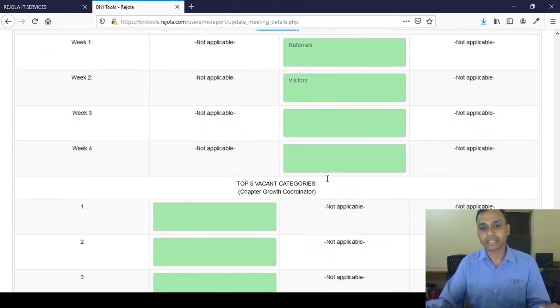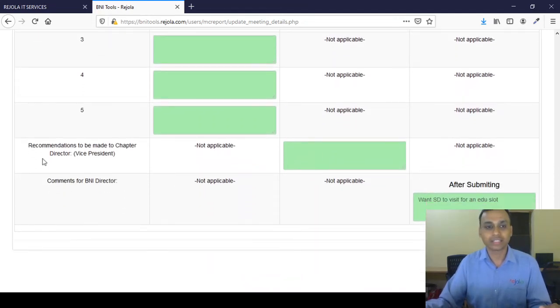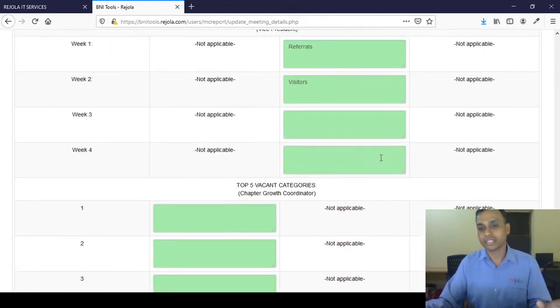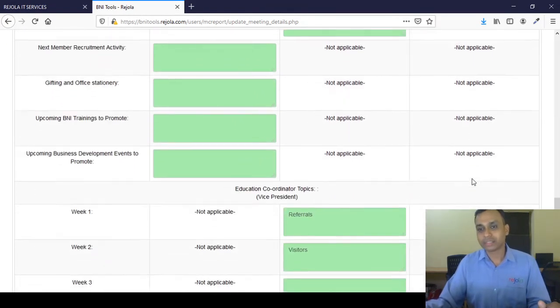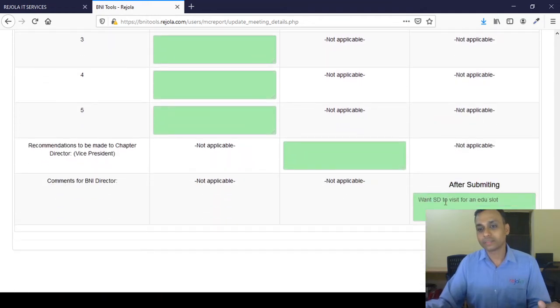Recommendations to be made to the support director can be entered over here, and once saved, all the details are saved. After the vice president has submitted the report, the support director can enter the details over here, or comments for the support director.